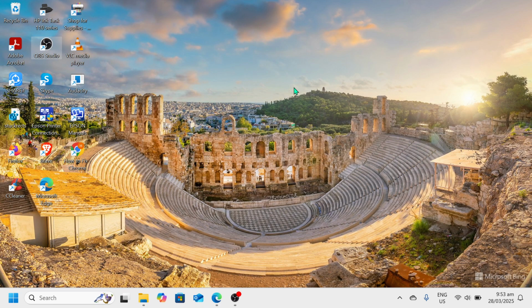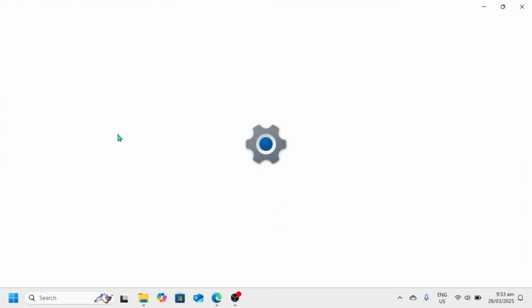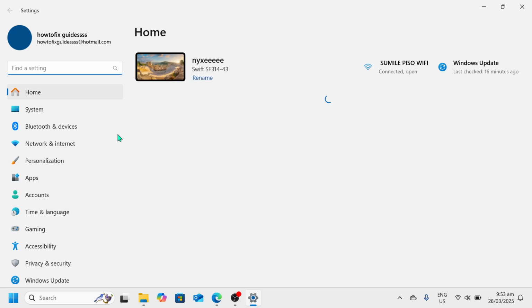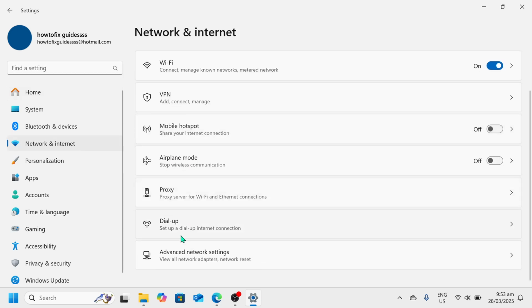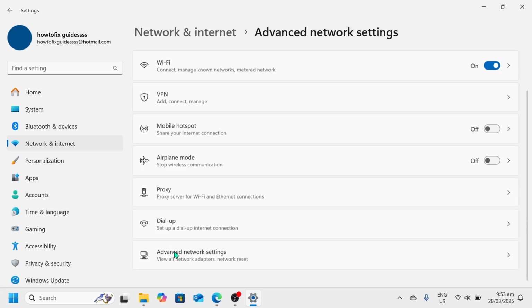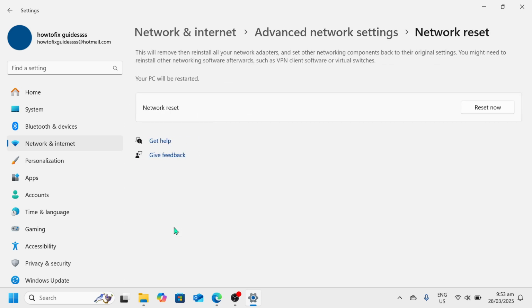So the next thing we need to do is to go to the settings option, and here on the Windows icon, please click on it. So let's go to settings options, and in here in the left pane, please look for network and internet, and scroll down a little bit to look for advanced network settings. Now once found, please click on it. And in here, all we need to do is just go to network reset under the more settings section. So just click on that, and